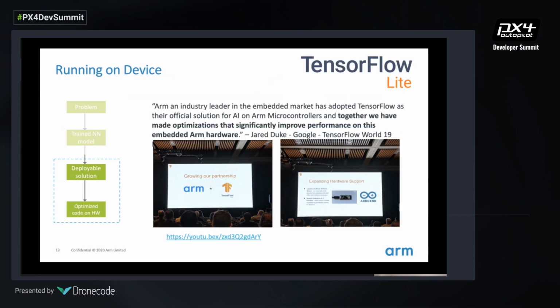The last thing I wanted to show you here is that, as I mentioned before, TensorFlow Lite Micro is a tool from Google. It's an inference engine from Google that ARM is partnering with to optimize the efficiency of the inference engine itself on ARM hardware. So we're partnering with Google to make sure that TensorFlow runs efficiently on ARM. And this is what you utilize to do the last bit of the porting to your device. So you generate the C code that you can then run on your device.